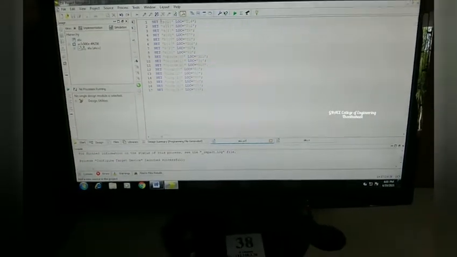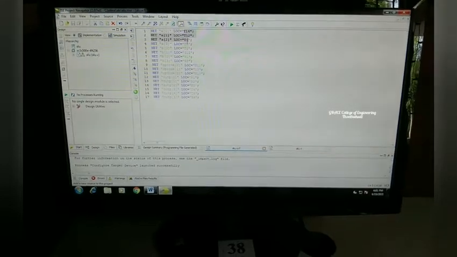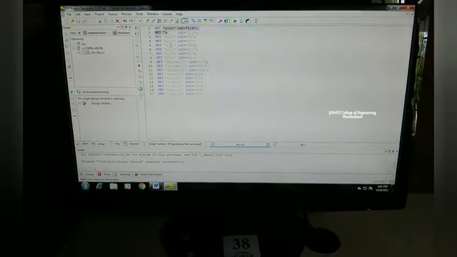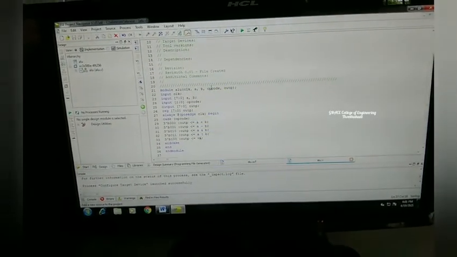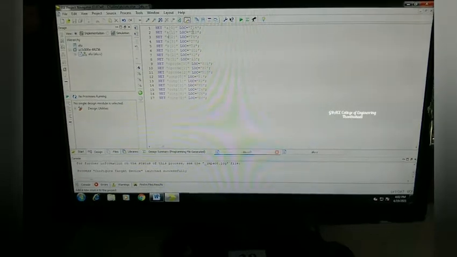Here I have assigned the pin numbers to the concerned inputs. These are the pin numbers: T14 I have assigned for the A0 input, and T12, T9. Those LOC entries represent the pin numbers, and NET represents the input and output net ports which we have defined in our code. In our code, the opcode, output, and inputs A and B are given as nets. The same syntax word you have to use here also for the pin assignment.